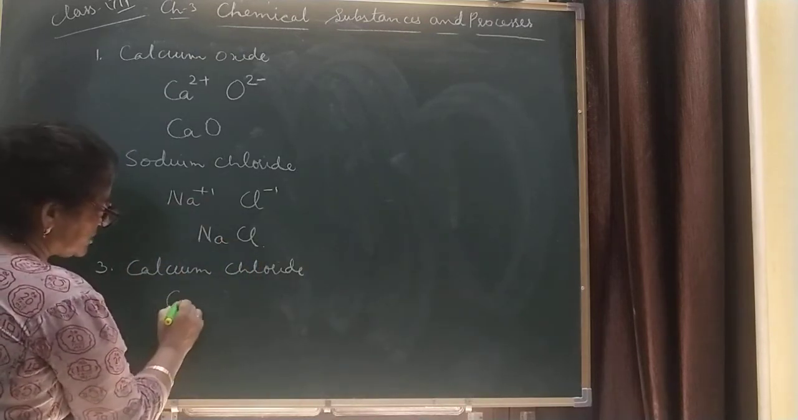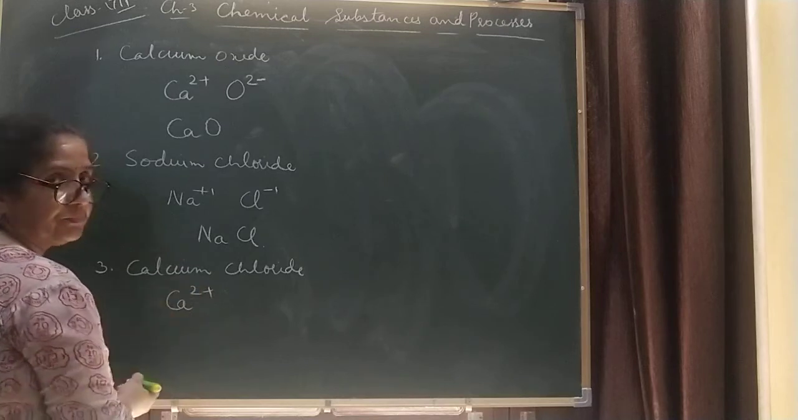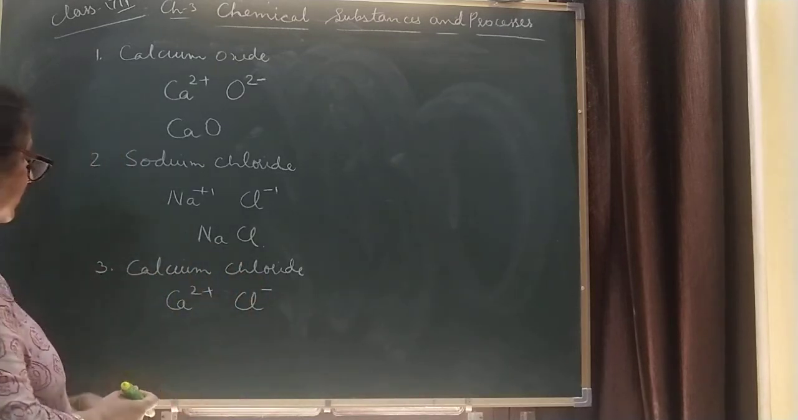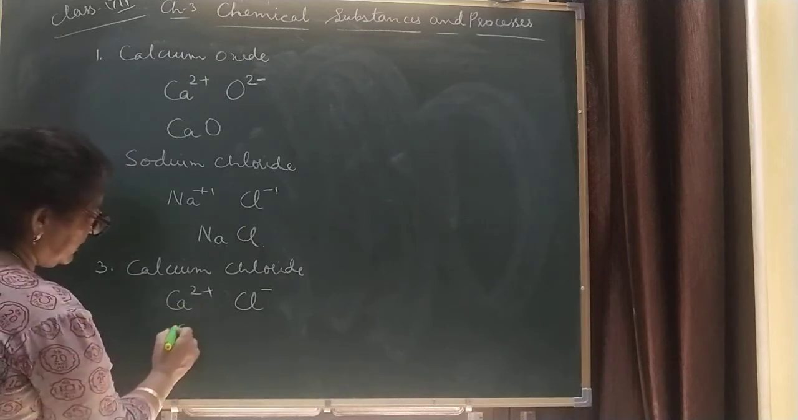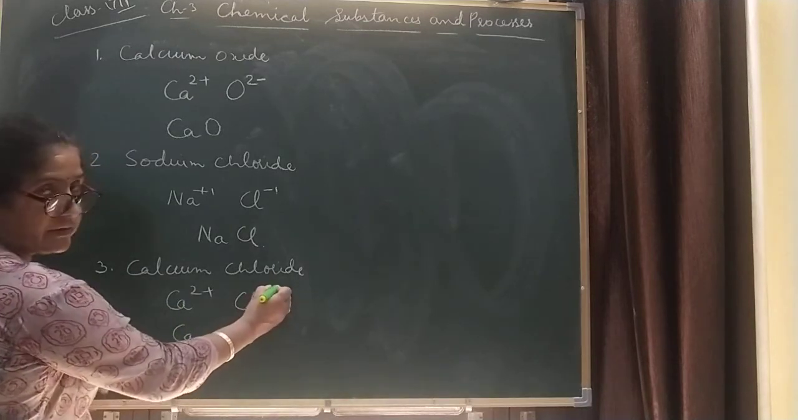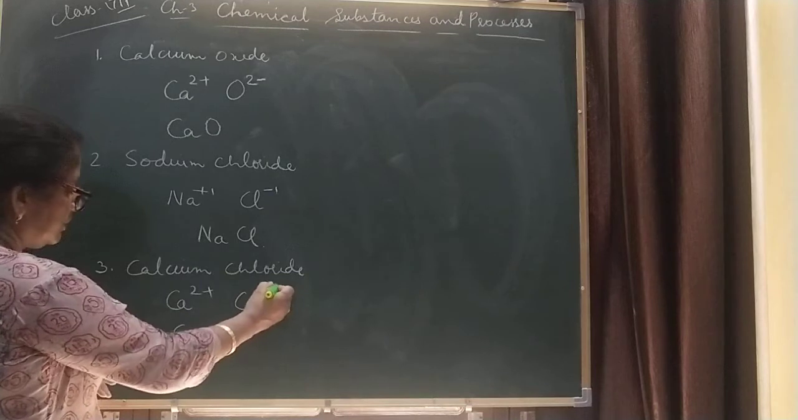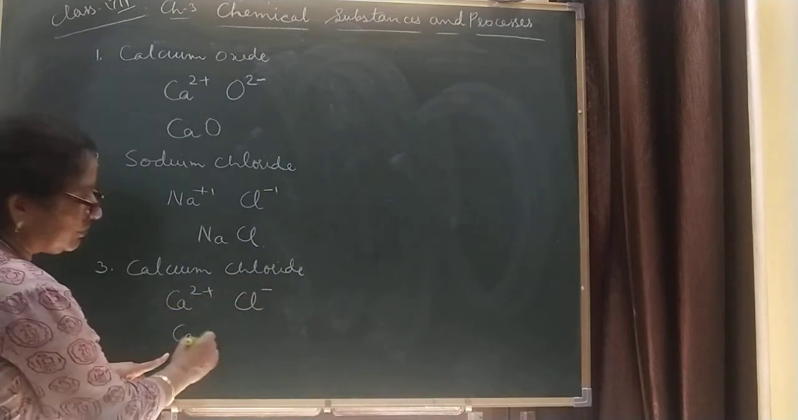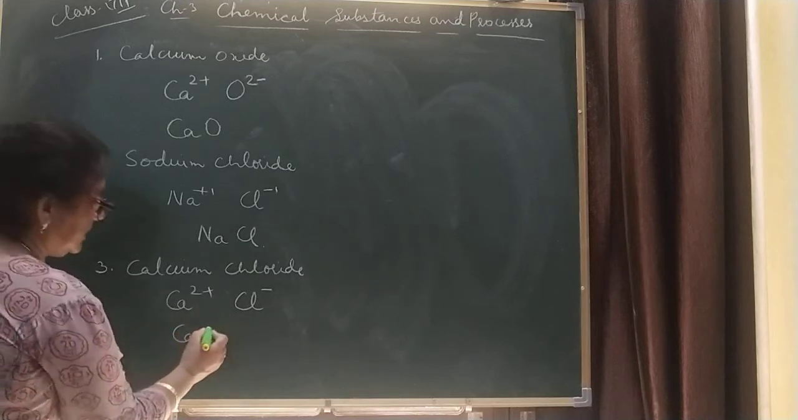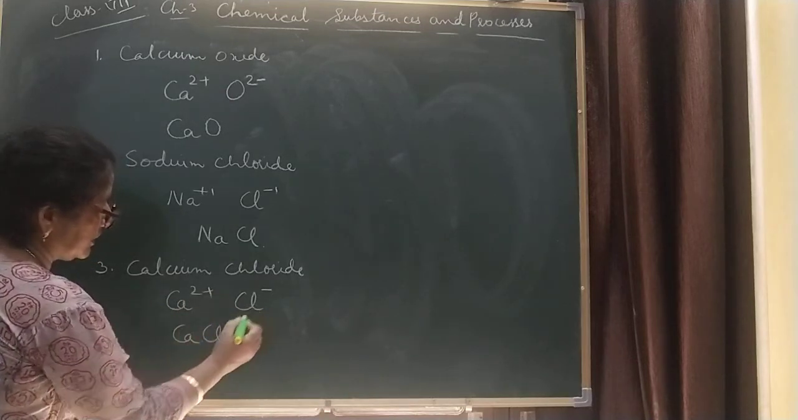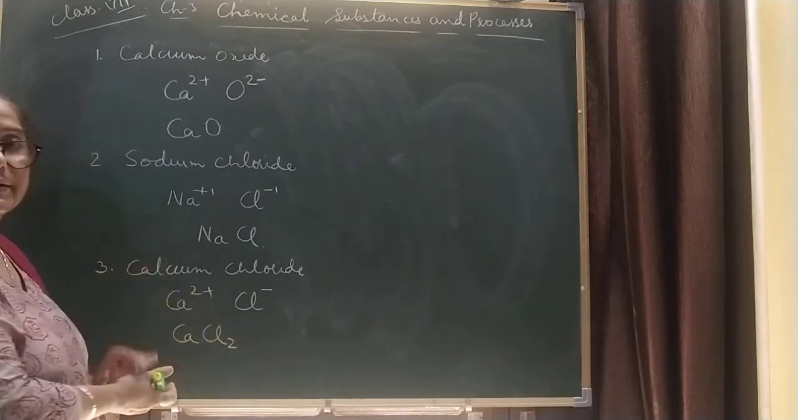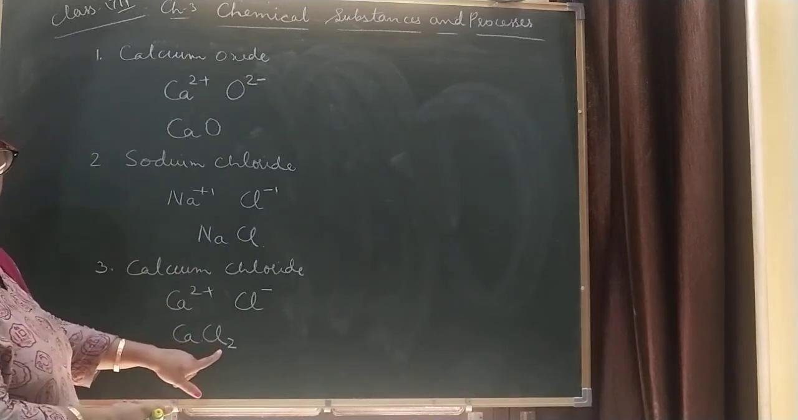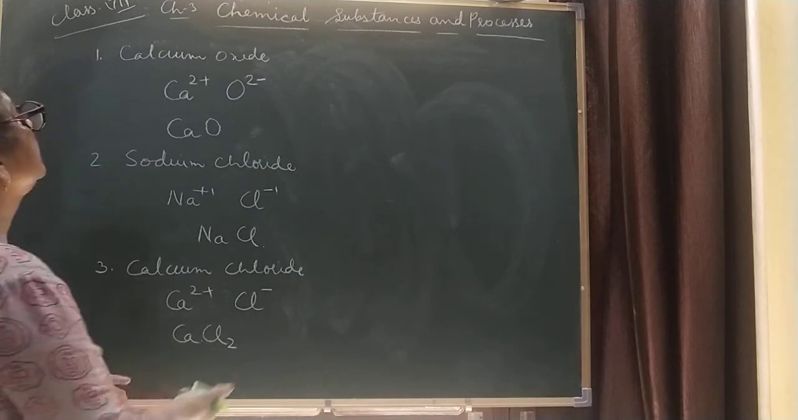Look here, calcium has formula Ca2 positive, chloride is Cl negative. Now Ca, this 1, nothing is there, it means 1. When we crisscross it, this 1 will come here. No need of writing 1. Ca, Cl, and 2 will come here at the bottom on the right hand side. So the formula of calcium chloride is CaCl2. Number 4,